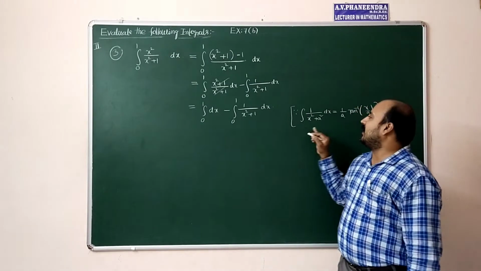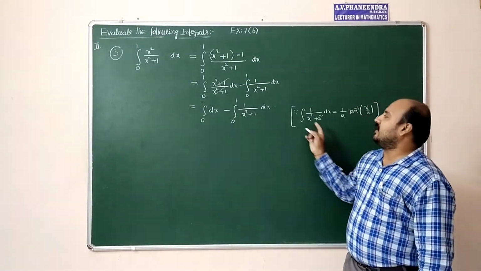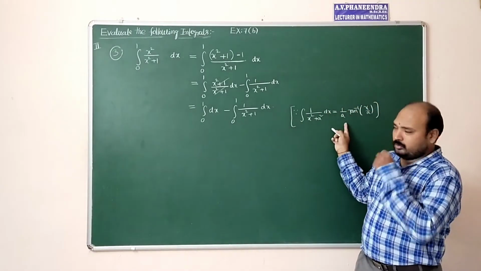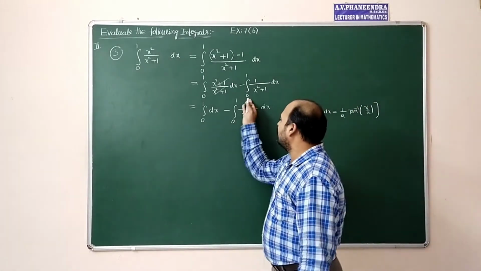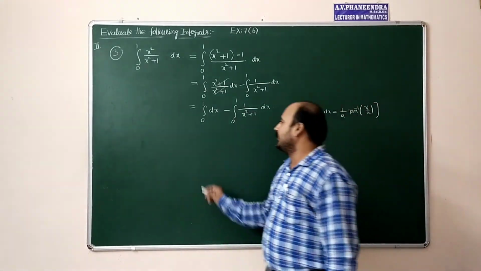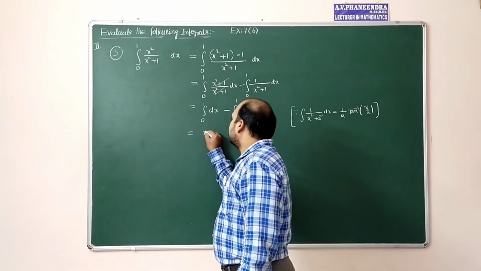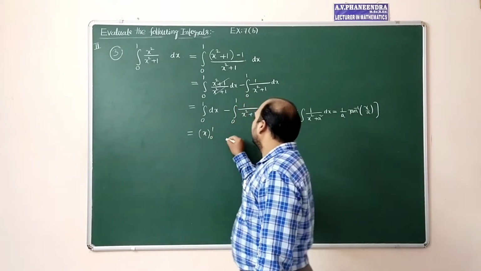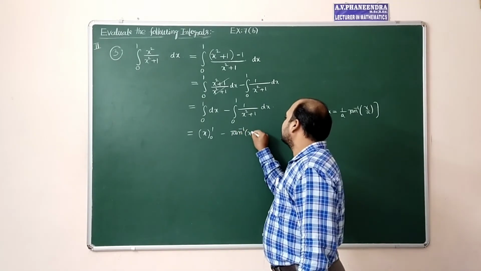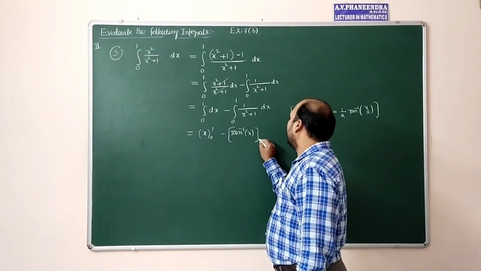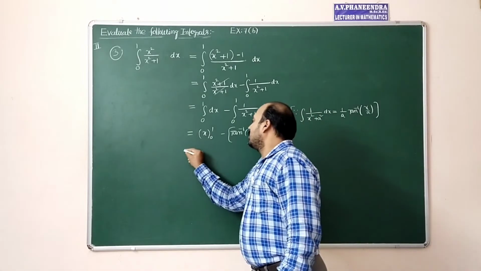Again you have to apply this formula where a is equal to 1 now, 1 by 1 tan inverse x will come. That means integral 1 by x square plus 1 is tan inverse x, which is equal to integral dx is x, applying the limit 0 to 1, minus integral 1 by 1 plus x square is tan inverse x, applying the limits 0 to 1, which is equal to 1 minus 0